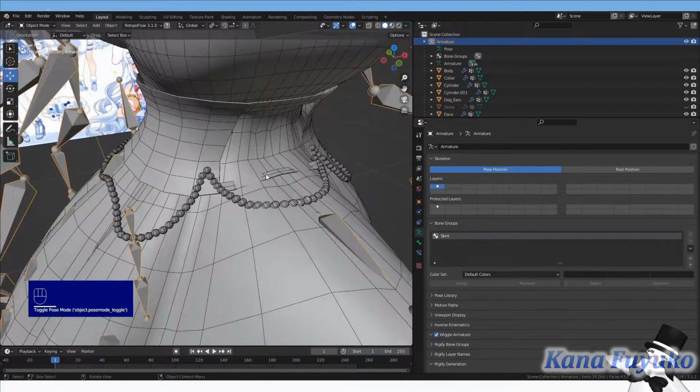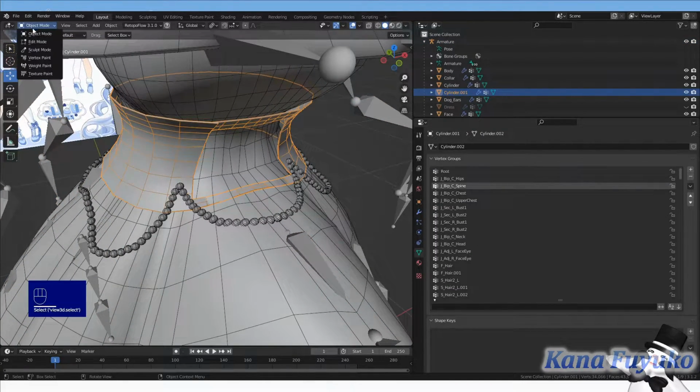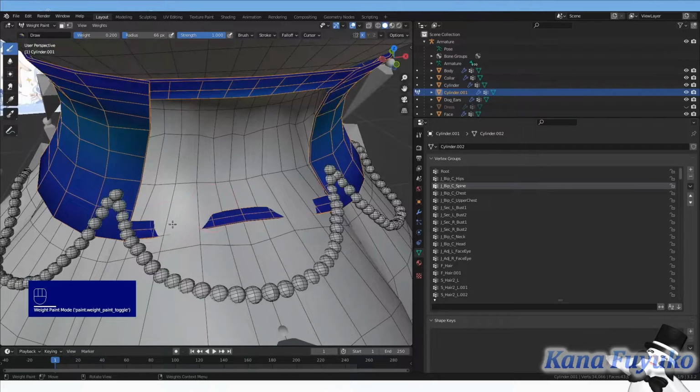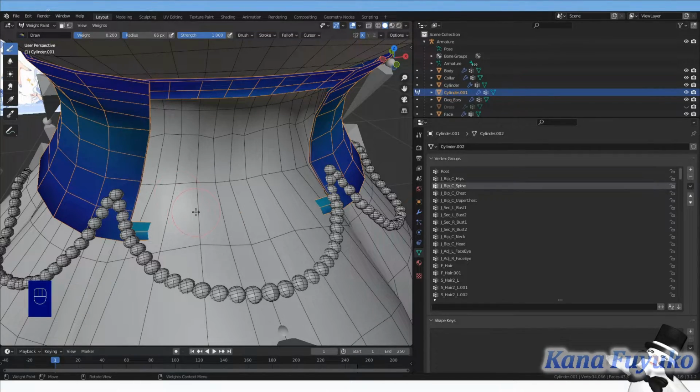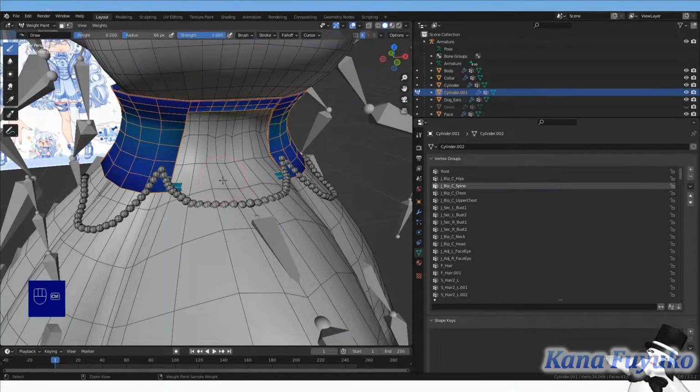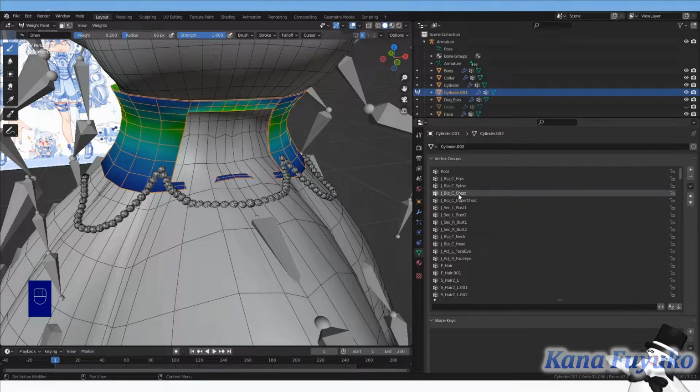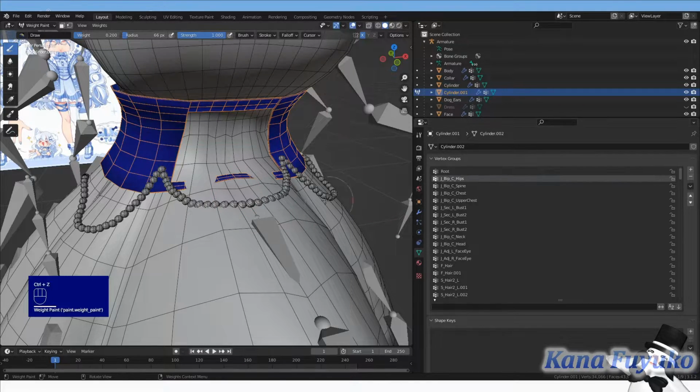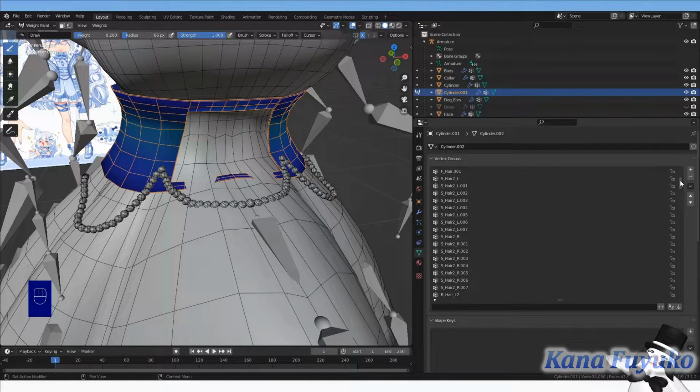So let's go here, weight paint, and let's give it a little test. If I were to weight paint this right now, you see that having it at 0.2 would make the part dive inward. Basically, if it does that, the vertex group may not be the right vertex group. So just experiment. If it does this, check another one. Just keep experimenting, basically.